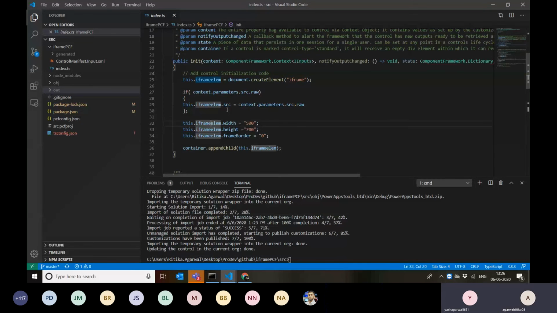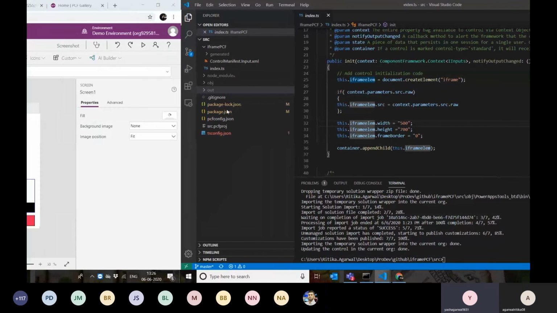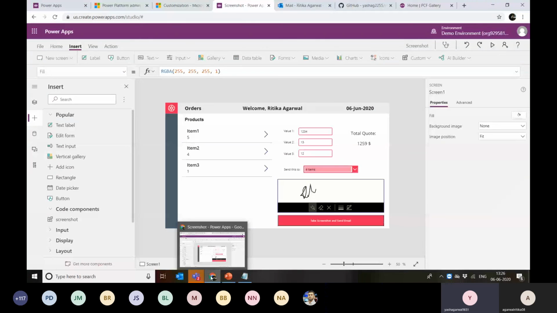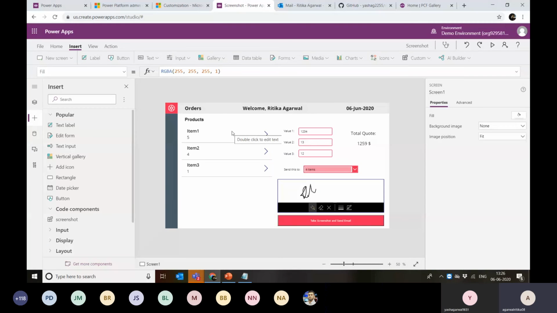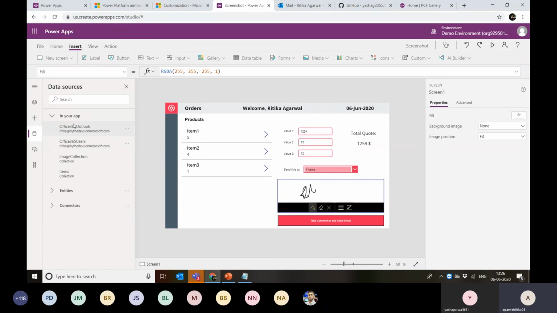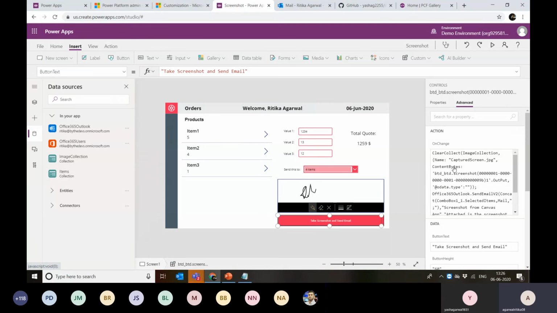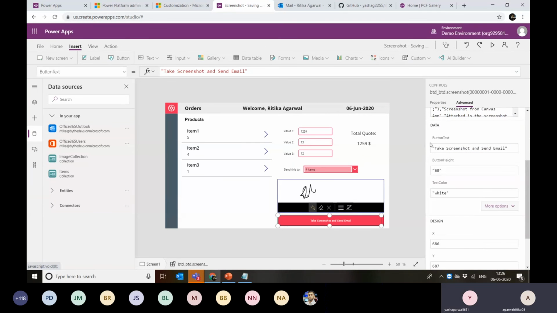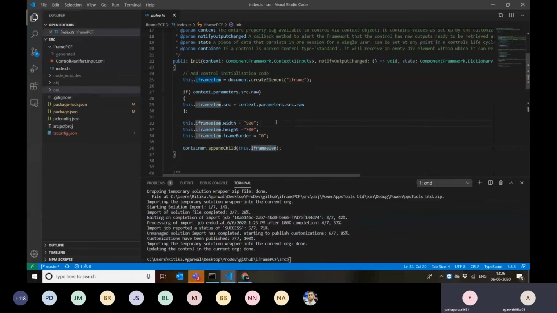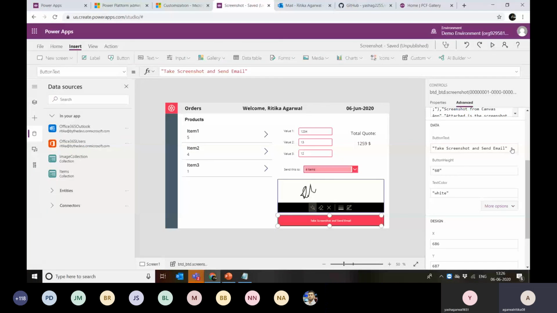Got it. And then there's one more question: can we bind a D365 record specified field value to a Canvas PCF input parameter? If I get it correctly, we are adding that D365 record as a data source here, and then we want to bind it, right? If that's the case, we can add that data source. If I go here in the advanced, I can see different properties. So if there is something that I want the reference to be passed, I can define a property and utilize that in my code there in the PCF control, and I can directly pass some variables and everything.